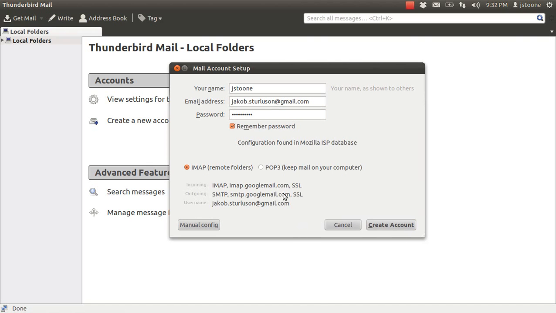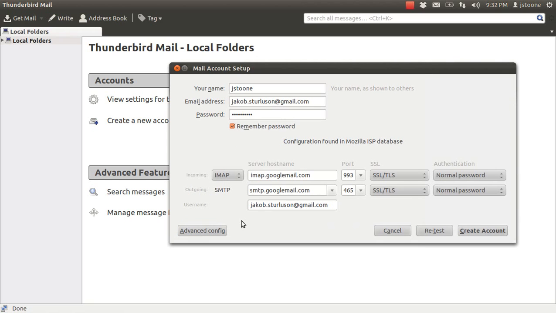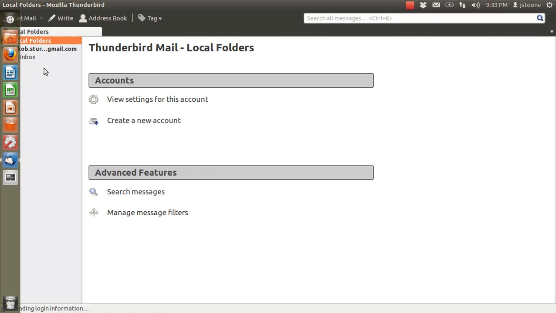Then continue. It will look up and say yes, it is in the ISP database. If it doesn't pop up like this, you should maybe look at the manual settings, and maybe your password's encryption, but send me a message or write a comment if you are having trouble with this. So just create an account and voila,